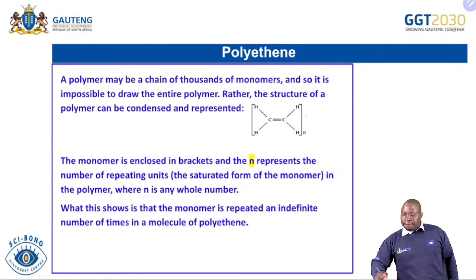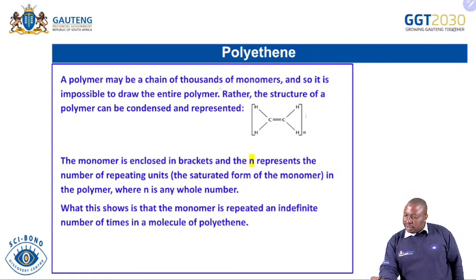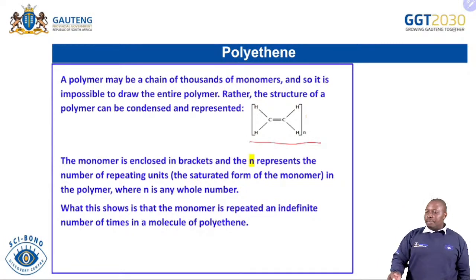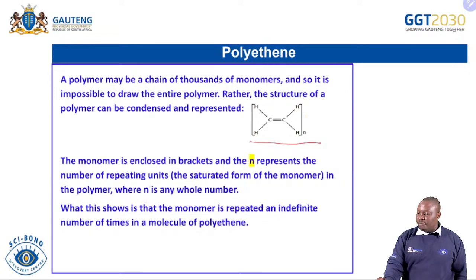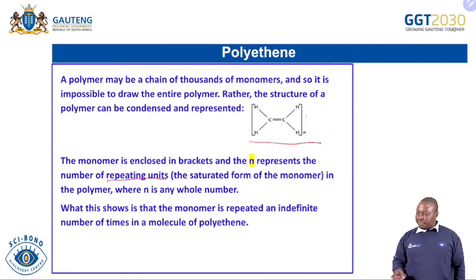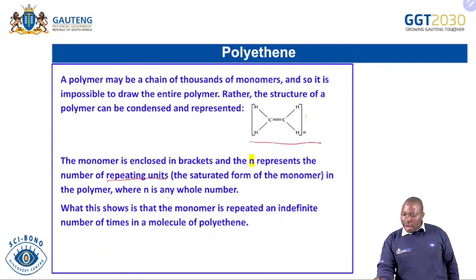Now we are saying a polymer may contain thousands of chains of monomers, and so it is impossible to draw the entire polymer. I said that. Rather, the structure of a polymer can be condensed and represented. I showed you that statement in the previous slide. The monomer is enclosed in brackets, and then the N represents the number of repeating units, which are our monomers, to say how many saturated monomers we have in the polymer, where N is a whole